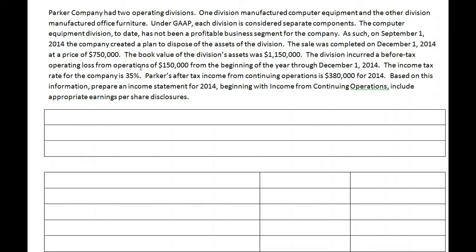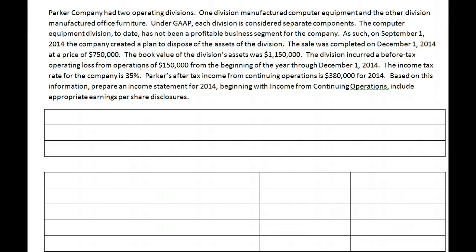When doing an income statement, there's a couple of items that we must report what I call below the line. In other words, below our income from continuing operations. And those are discontinued segments of business, as long as the segment qualifies as a true business segment per GAAP, and extraordinary items. And extraordinary items are those things that are both infrequent and unusual. So in this video, let's look at just discontinued operations and see how we treat that on our